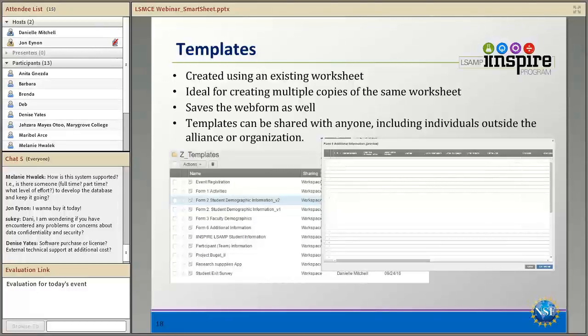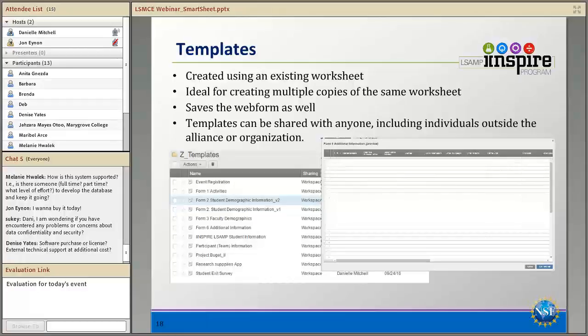So all I did was create one student demographics form, saved it as a template, and then I just went ahead and saved that template into each workspace. Also, if you created a web form that's associated with that template, it will also recreate the web form. So you're not recreating the web form yourself 16 times or 15 times or however many